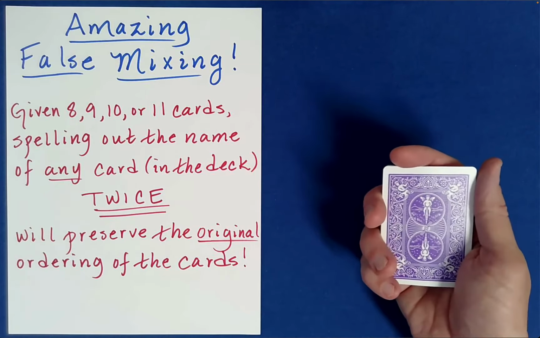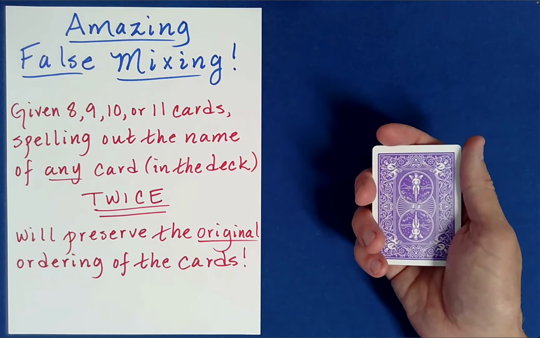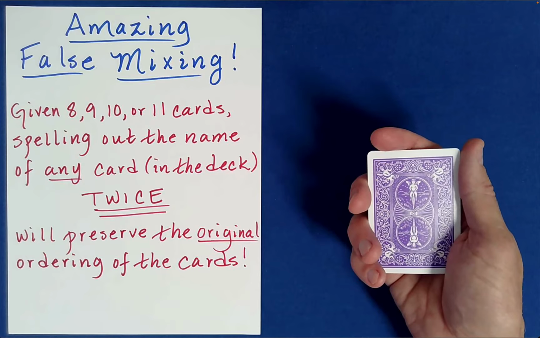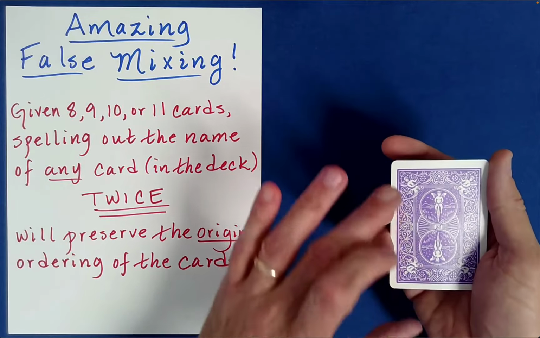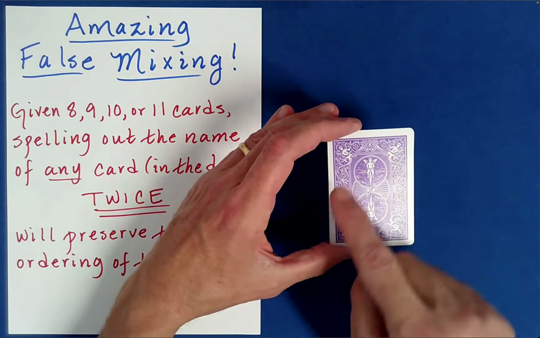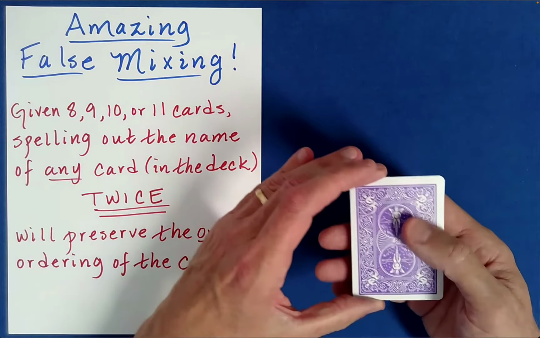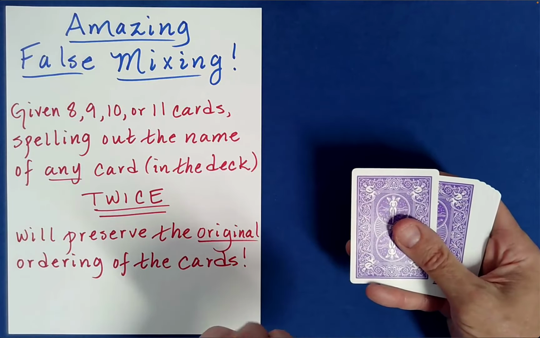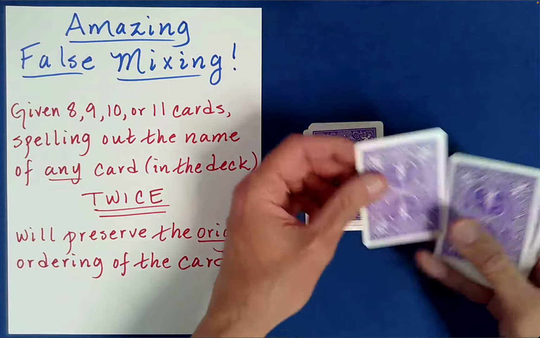Okay, so let me go ahead and just illustrate this. So I have 8 cards here, and so what we can do is just ask the spectator for any card in the deck. So maybe they'll say the Ace of Diamonds. Okay, so if we spell the Ace of Diamonds twice, it will return this packet to its original order. Okay, so Ace of Diamonds. So how we'll do the spelling is as follows. So A-C-E, of course for Ace,